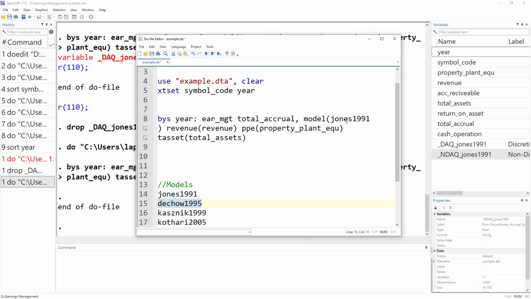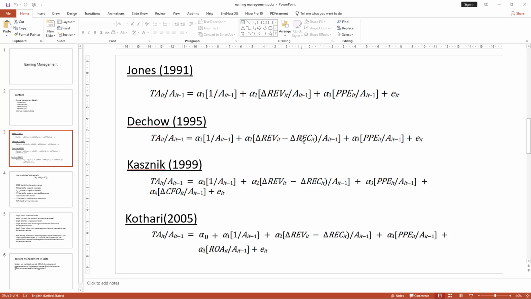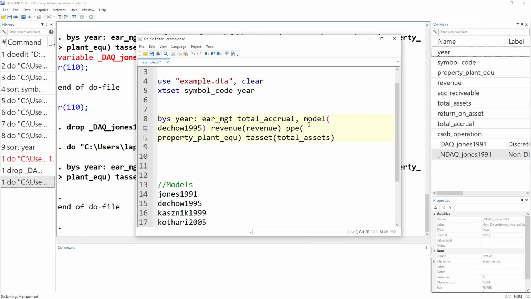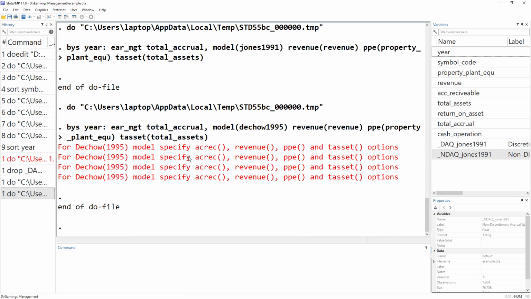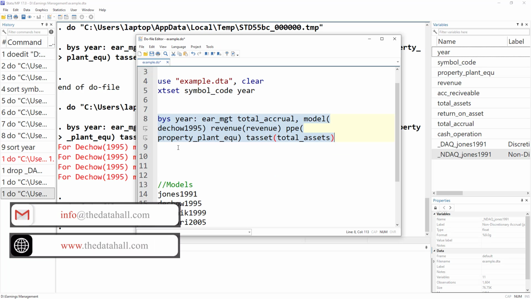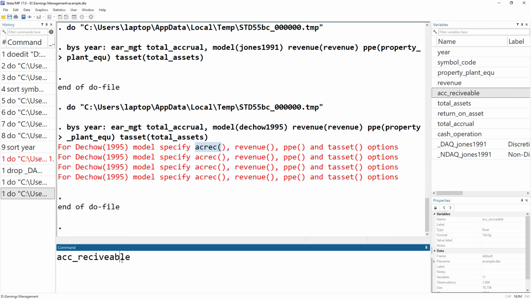Okay, what if we specify the Dechow model, right? This model name, but we didn't. In the Dechow model, we also need account receivable, but we haven't specified the account receivable option. So if we execute this, it is going to give us an error, and the error says that for the Dechow model, you need to specify all these options. We have already specified revenue, PP, and total asset options, but we didn't specify the account receivable. So we are going to write account receivable and specify the account receivable